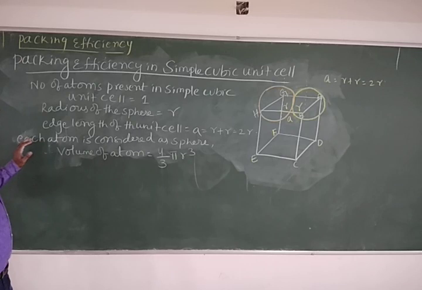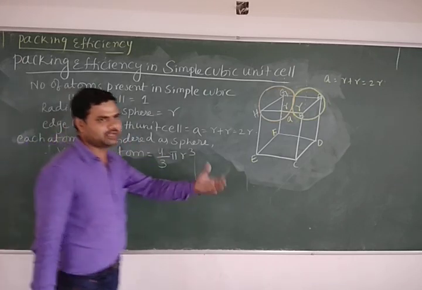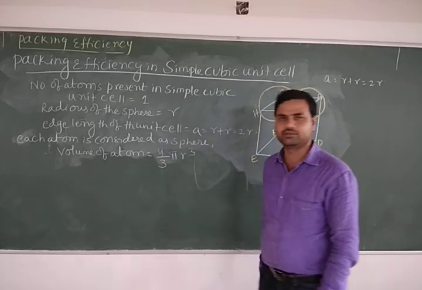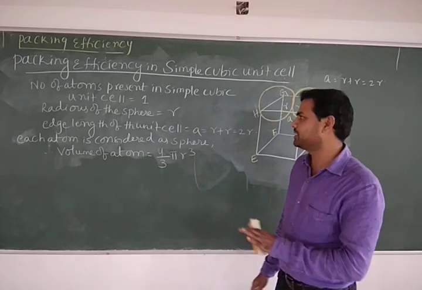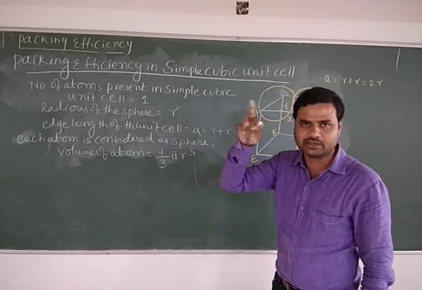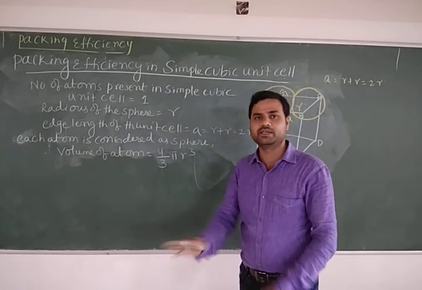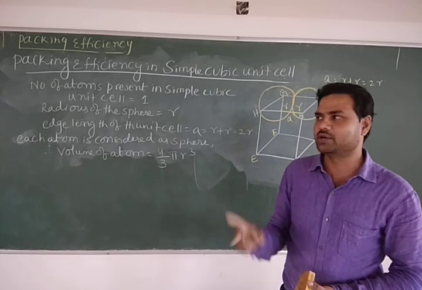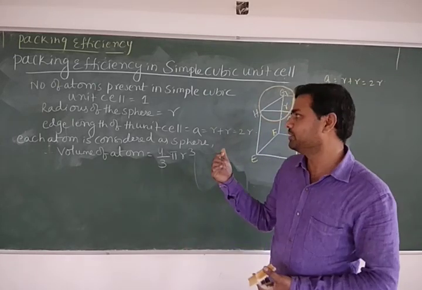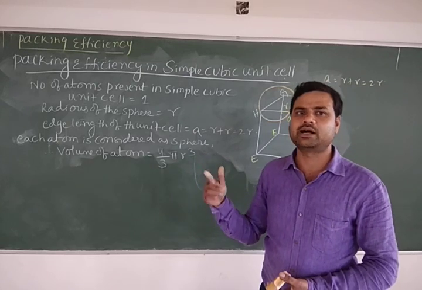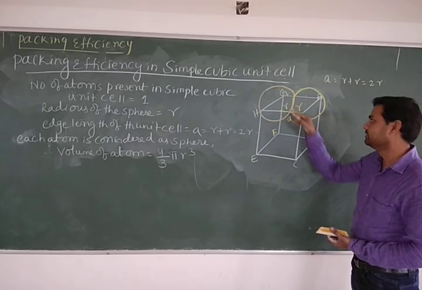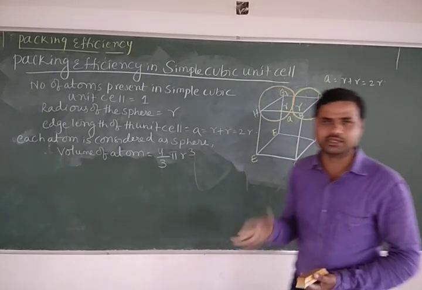See, first, why is each atom considered as a sphere? Because atoms are in the sphere shape. What is the sphere volume formula? 4 by 3 pi r cubed. Have you understood all these points? Once again I am telling you. Number of atoms present in simple cubic unit cell are how many? 1. Body centered 2. In the previous class we have discussed about it. Body centered we have 2 atoms. Face centered we have 4 atoms. And in the simple cubic only 1 atom is there because the atoms are present only at the corners. I am showing atoms only at the corners here, not anywhere in the body center and the faces.